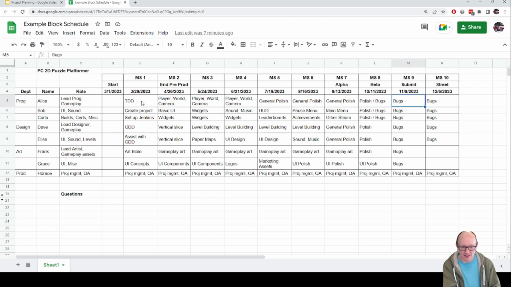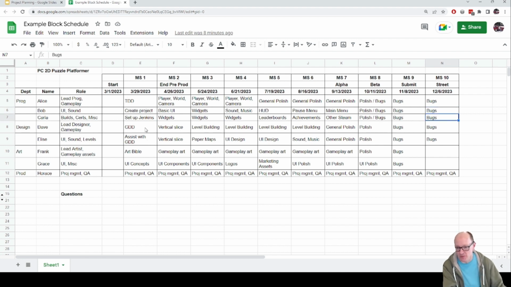After you've submitted, really, if you submit on this date, what are you doing between it submitting and it hitting the street? Well, maybe you're playing the game some more, looking out for any more bugs. Just in case it fails at submission, then when you resubmit, it could have some extra fixes that you didn't have time for earlier. So going to keep on working on bugs.